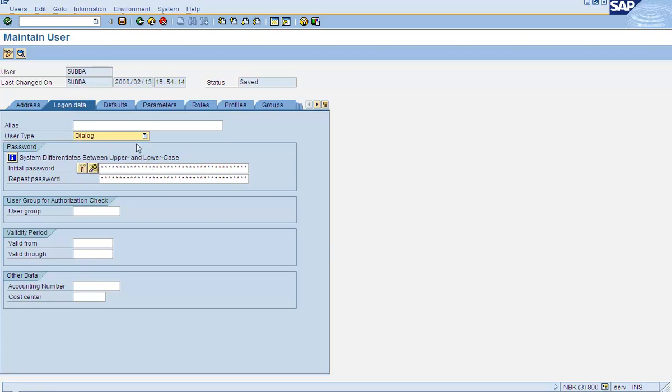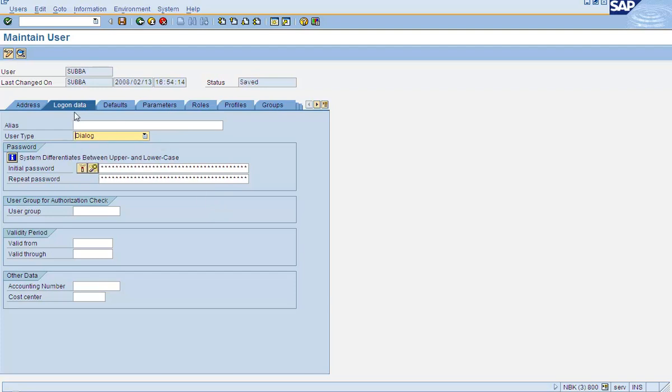Now, one of the differences between this version and the older versions is that this option, user type, used to be somewhere on the right hand side, and all these options that you're seeing here in the pull down used to be given as radio buttons in the older versions. They're not pulled down. Follow? So remember this.